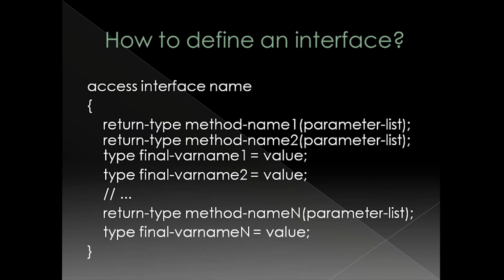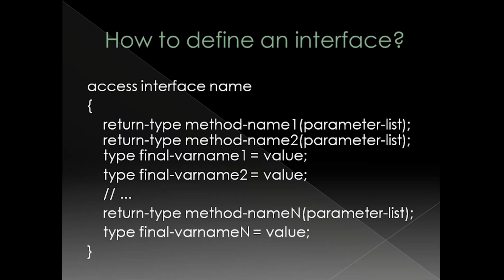So this here is how to define an interface. Defining an interface is much like a class, and this is the general form of an interface. When no access specifier is included, then default access results and the interface is only available to other members of the package in which it is declared. When it is declared as public, the interface can be used by any other code. In this case, the interface must be the only public interface declared in the file, and the file must have the same name as the interface.